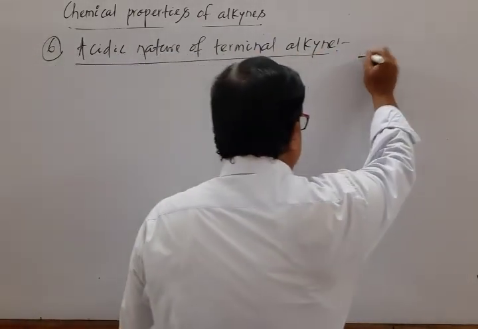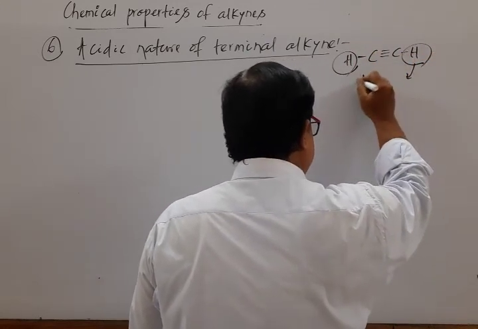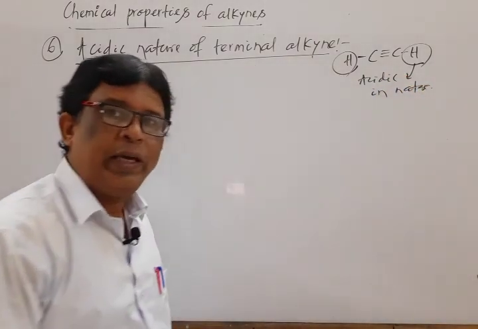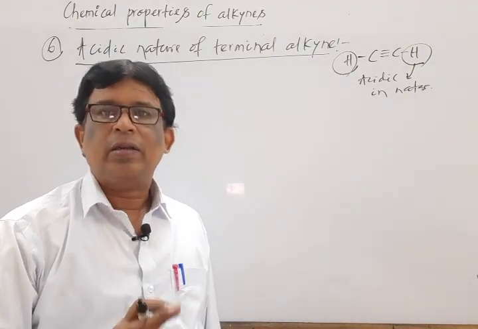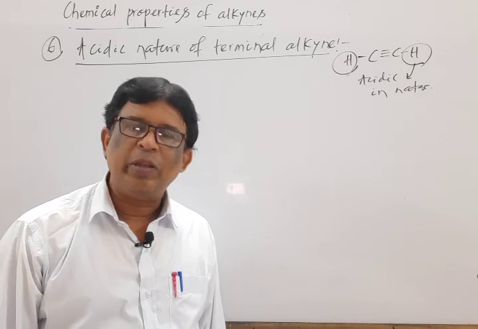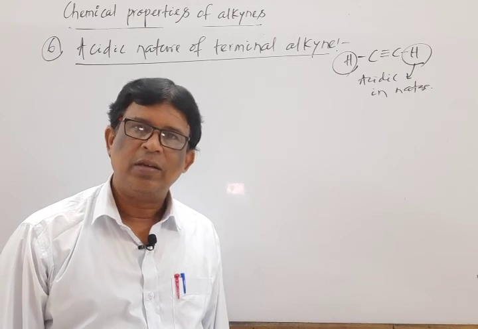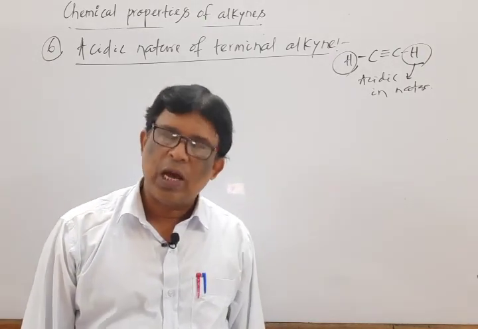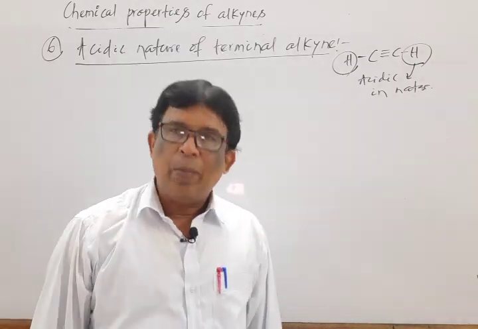Mark that. For example, if you write acetylene, then this terminal hydrogen is acidic in nature. No doubt it is weakly acidic and unable to turn blue litmus to red. However, it displaces hydrogen when reacting with active metals, that is sodium, potassium, like this one. And to verify its acidic nature, we go through two to three reactions. One is action with sodamide, one is action with Tollens reagent, and one is action with ammoniacal solution of